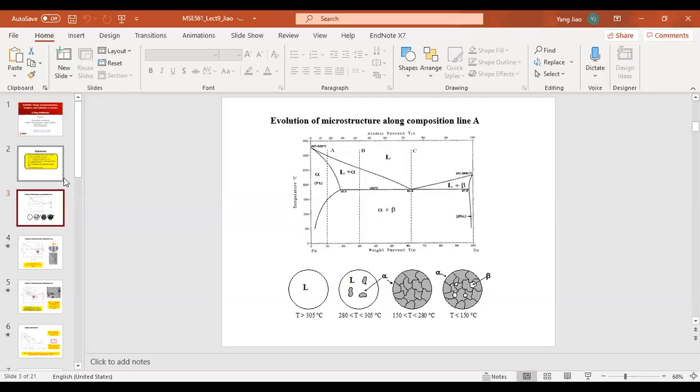Okay, so today we're going to continue our discussion on alloy solidification. Just to have a very quick recap of what we discussed in the last lecture. In the last lecture, we finished our discussion of solidification in a pure system, right? If you still remember, we talked about two cases. The first one is that everything is going to propagate as a planar solidification front, and the second case is